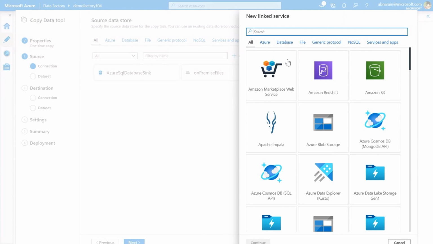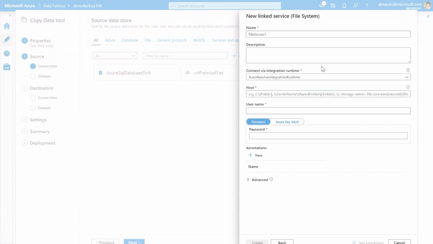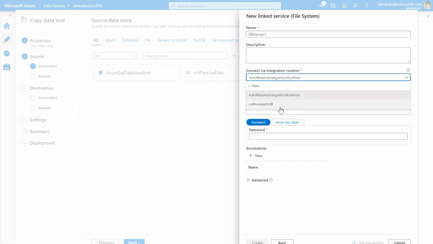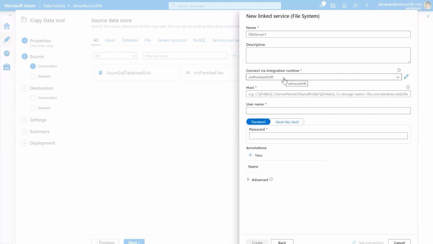And in this case, I'm loading data. In the first scenario, I'm loading data from a CSV into Azure SQL DB, and the CSV lies on-prem in a file. And since we're reading it from an on-premise file system, I'm going to select this file system here and just select the right integration runtime. So I have an integration runtime set up on-premise to access the on-premise data. And we will talk more details about how to set this up later.